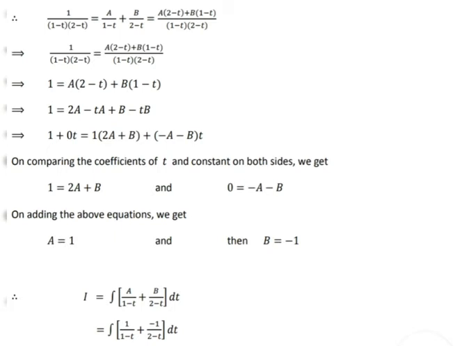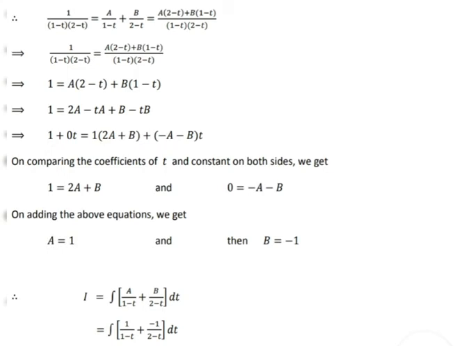And after that, we compare the coefficients of t, and we also compare the constants on both sides. And doing that, we find that a should be equal to 1 and b should be equal to minus